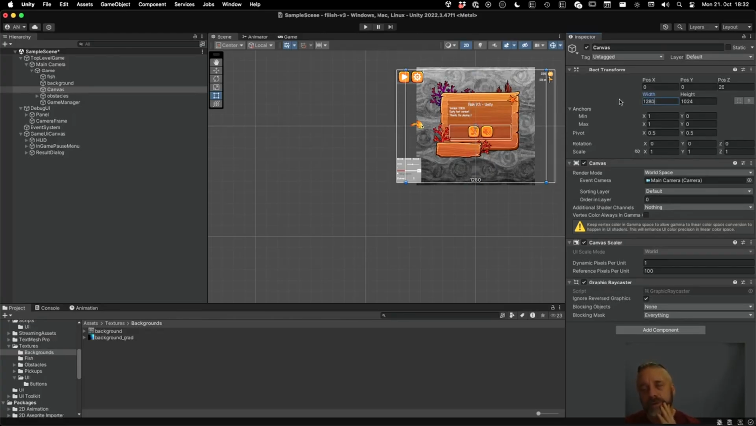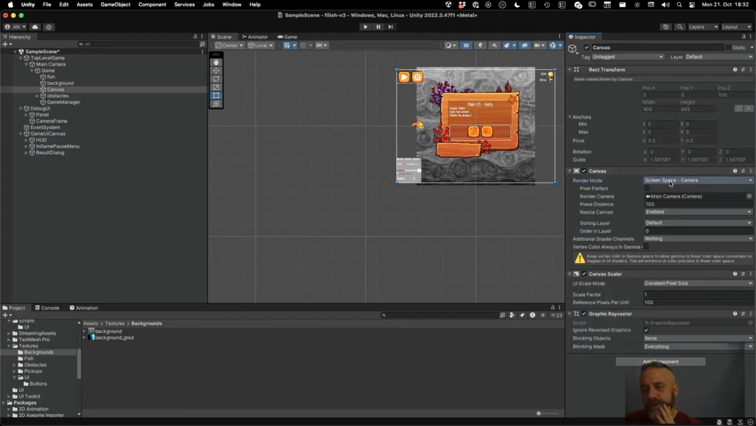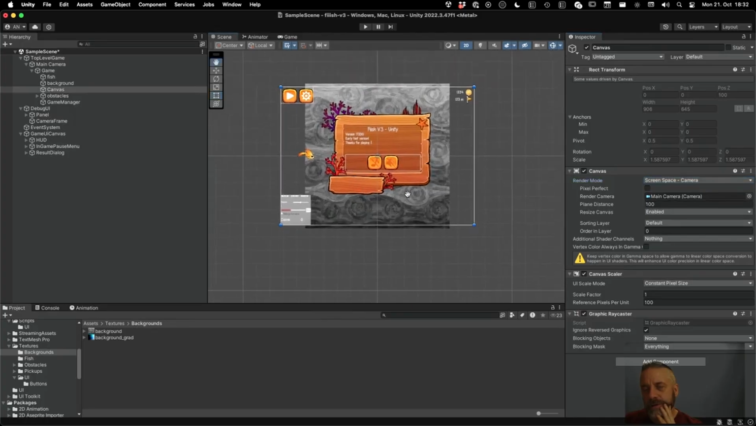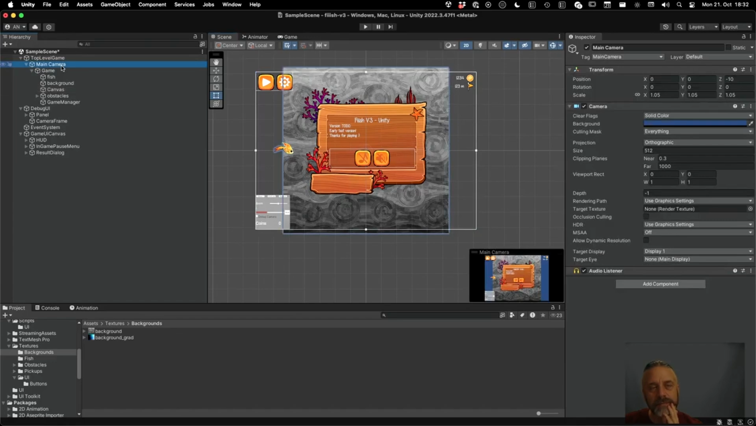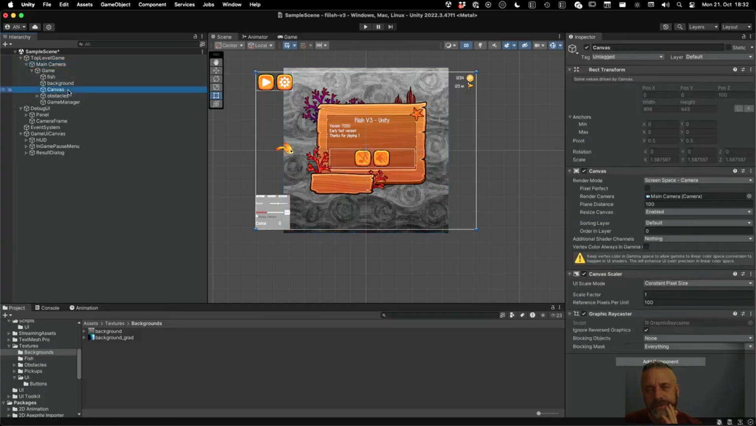I want the full screen width, so I cannot use a world space canvas, right? I need to... This kind of feels right, because it's the same... I don't know why this camera is... This feels right? This background canvas,